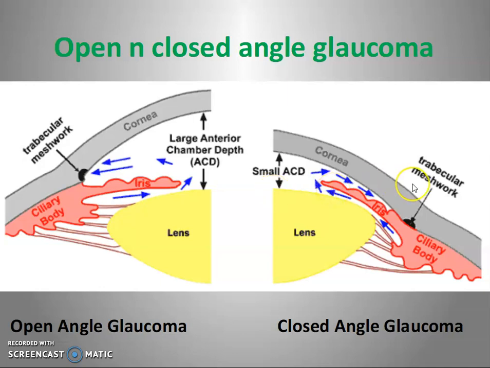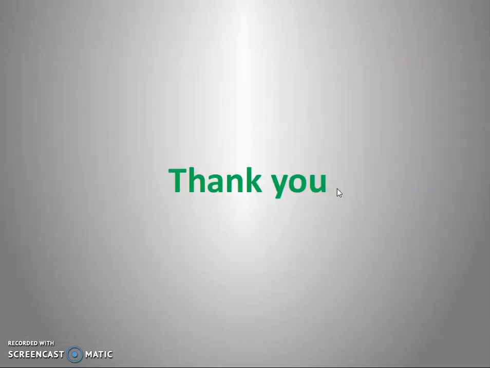And in the next state, due to some abnormality like lens dislocation or iris dislocation, the angle between iris and cornea gets minimized or closed, and due to that the aqueous humor cannot drain properly, and that's why there is rising of intraocular pressure, which can lead to a glaucomatous state, which is also called closed angle glaucoma. So here were some points,